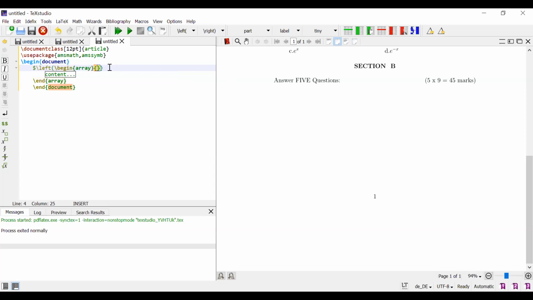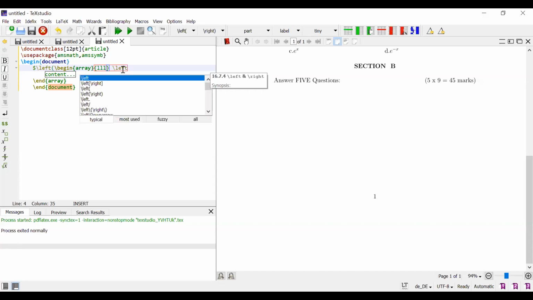So I fix 1, 2, 3. Okay. Next, as begin, as left.